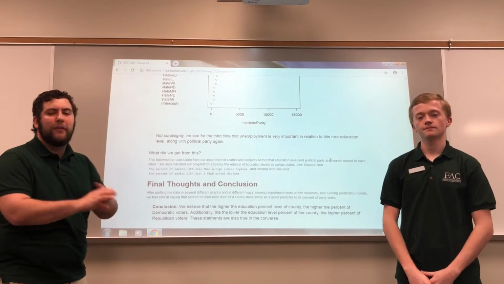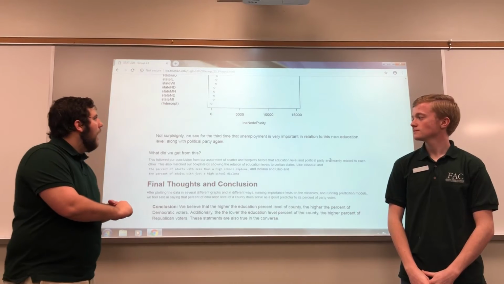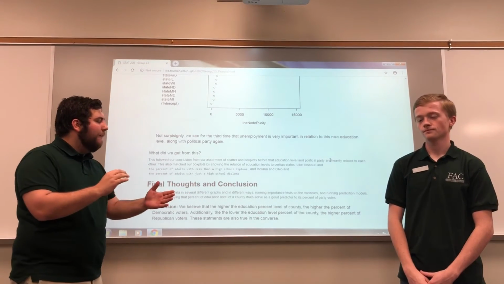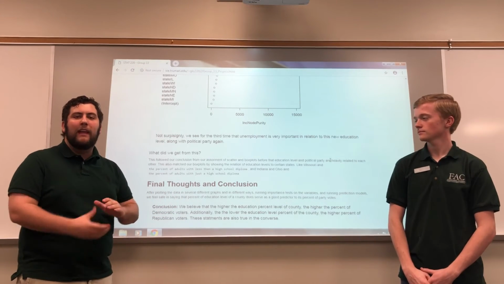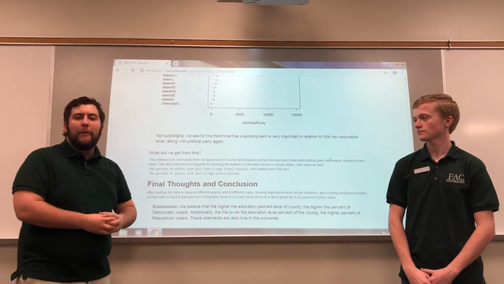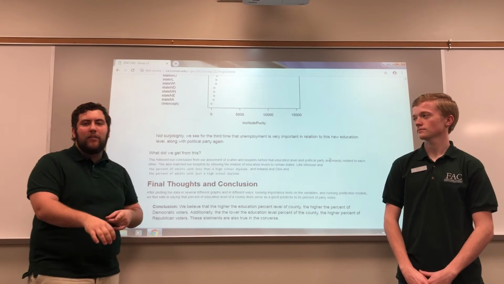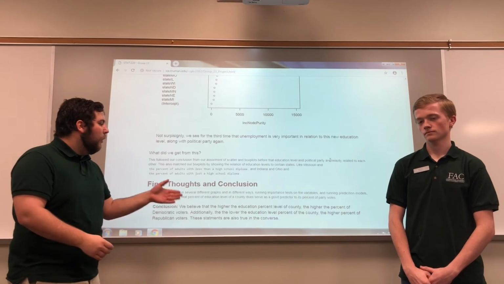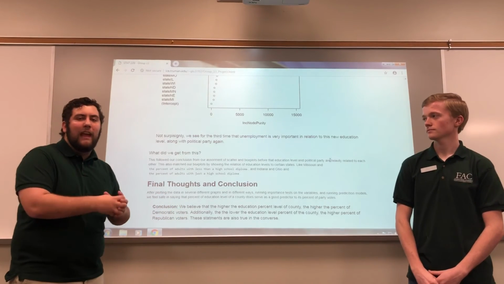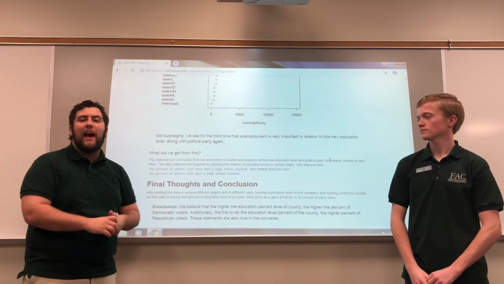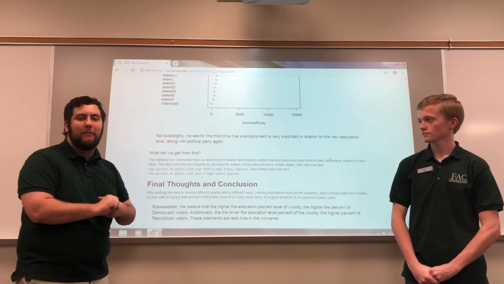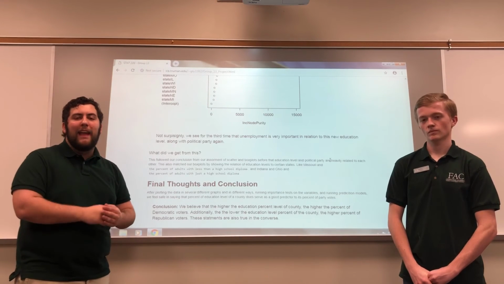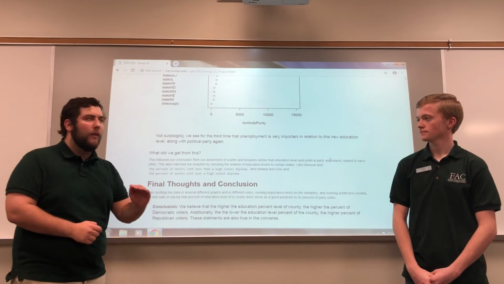Yep, so after looking at our scatter plots with the line of best fit, looking at those box plots and the random forest testing that Garrett showed us, we feel comfortable saying that there is a correlation between the percentage of education level in each individual county and the percentage of voters for either the Democratic or the Republican Party. That correlation being that as the percent education level is higher in a county, you tend to have a higher percentage of Democratic voters in that same county. And with a lower percentage of education per adult in a county, you tend to have a higher percentage of Republican voters in those counties.